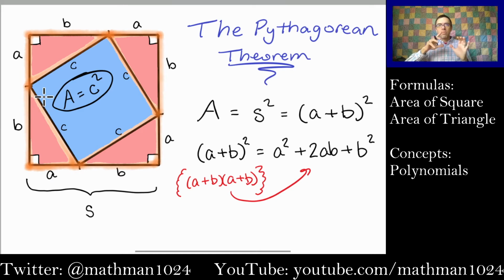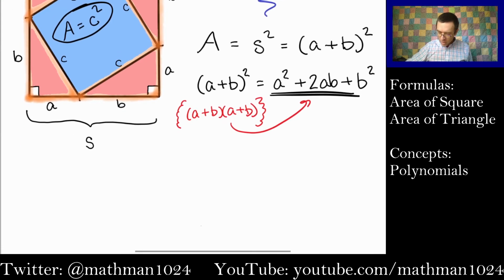All right, but let's do a little bit of algebra here with geometry. In order to end up with just that blue shaded region on the inside, we need to take the entire area of the square, which we have right here, and we need to subtract all of those little triangles. Now, you will remember that the area for a triangle